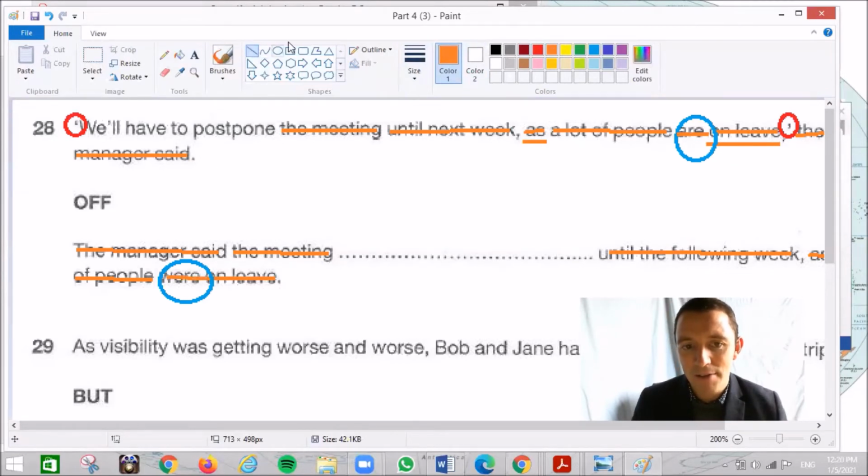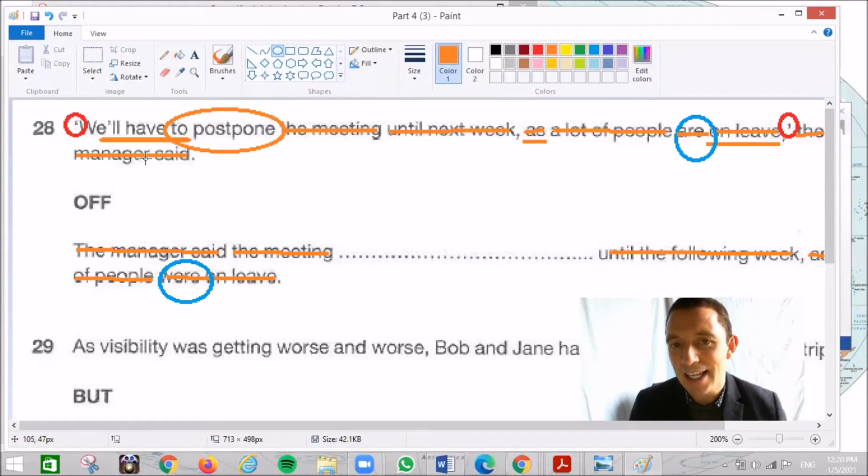So now we'll have the verb to postpone. Okay, and here we have the verb, the future, will have to, but this is tener que in Spanish. It's an obligation, tengo que. Okay, but it's the future and it's we. So that's an obligation. We need to remember it's an obligation. And postpone, we need to find a connection with off. Okay, so very difficult if you do not know the connection. But if you know the phrasal verb or the answer,